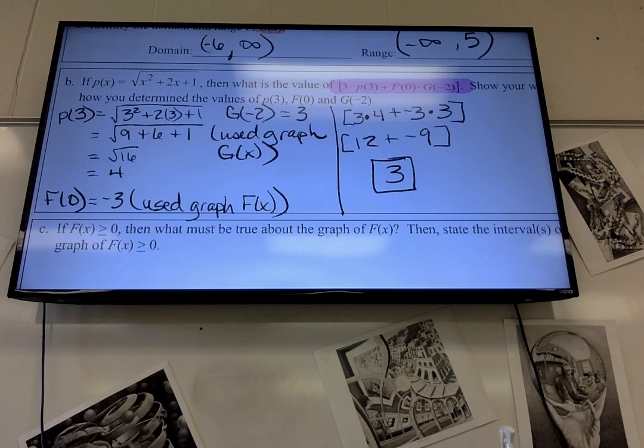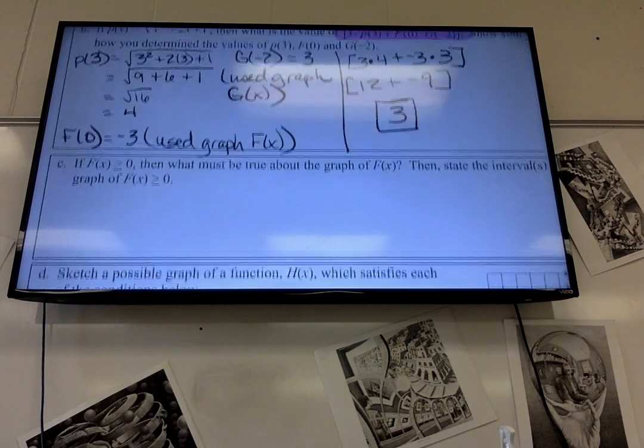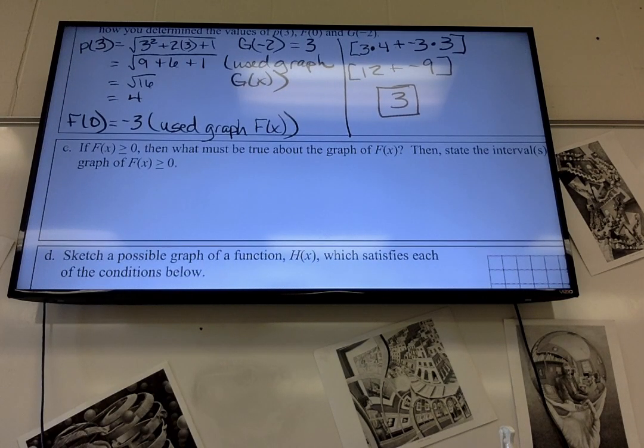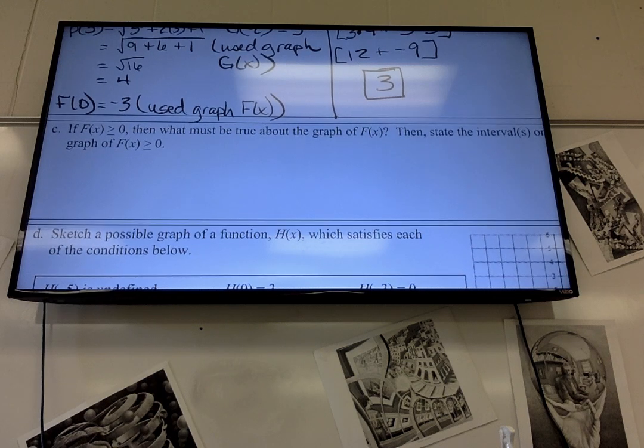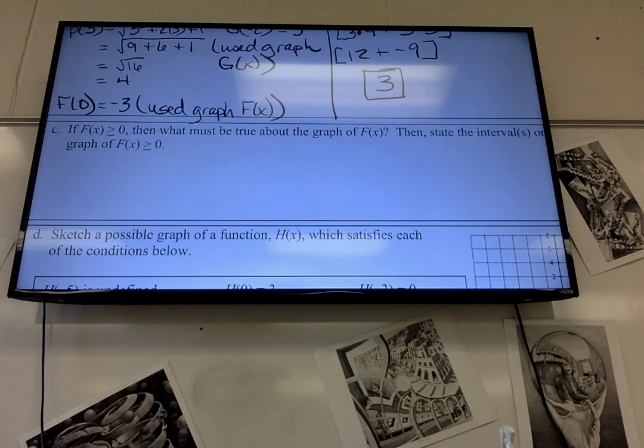Part C. If f of x is greater than or equal to 0, then what must be true about the graph of f of x? Then state the intervals on which the graph of f of x is greater than or equal to 0. The best way to answer a question like this is to start with the stem, like you learned to do a complete sentence back in elementary school. You would start with: if f of x is greater than 0,